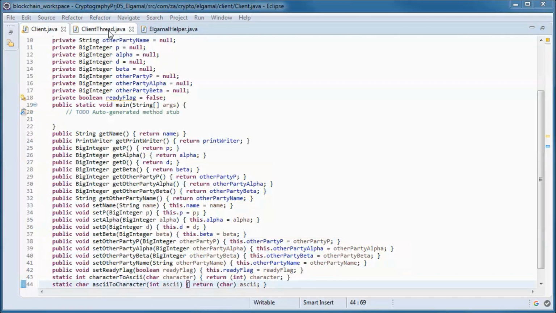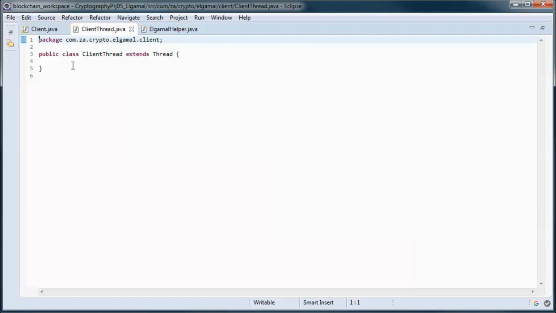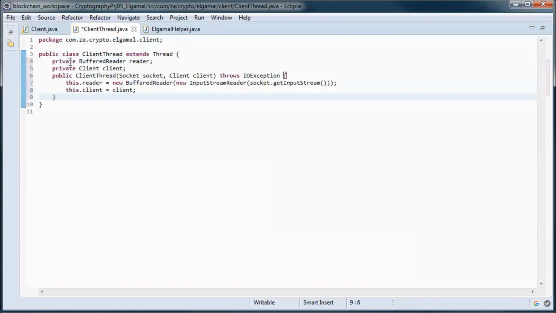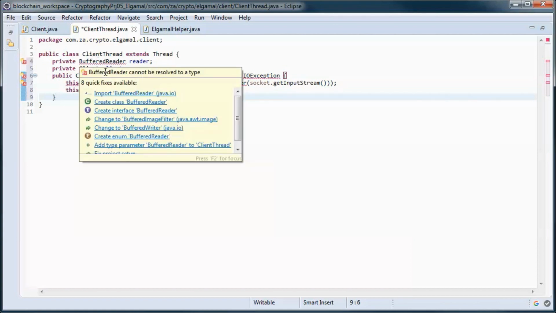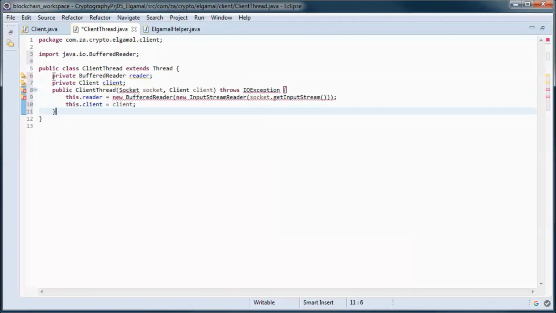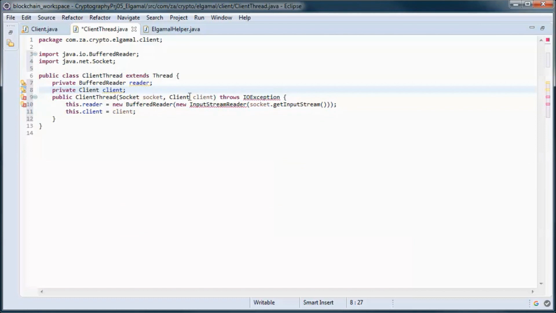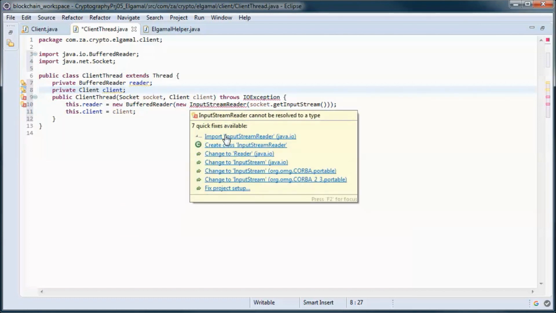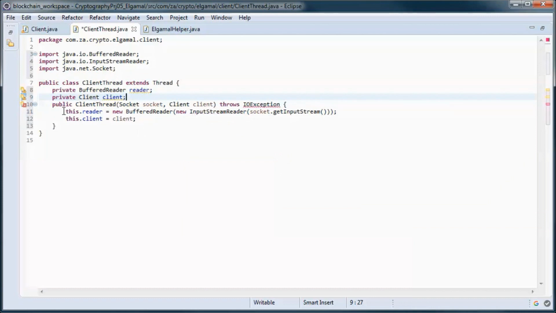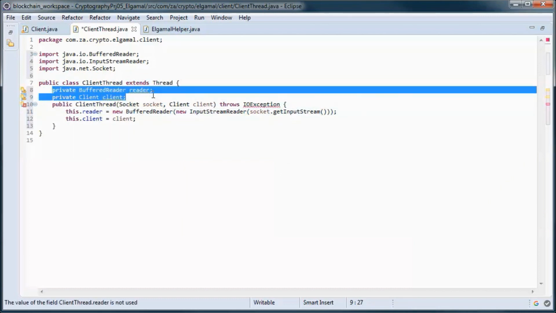And the client thread will have those two instance variables, and the constructor takes in a socket and a client, and we use the socket to initialize this instance variable.